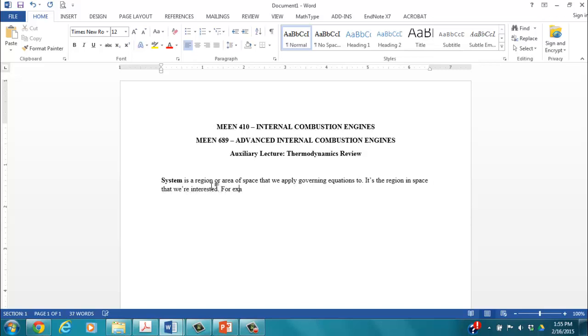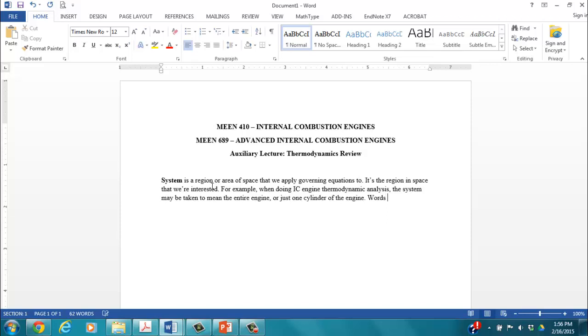Okay. For example, when doing IC engine thermodynamic analysis, the system may be taken to mean the entire engine or just one cylinder of the engine. Okay. You'll actually see us do that frequently. You'll see us go between defining the thermodynamic system to be the entire engine or being just a cylinder of the engine, right? And, of course, we typically call system, we'll use words like control system, control volume, control mass,